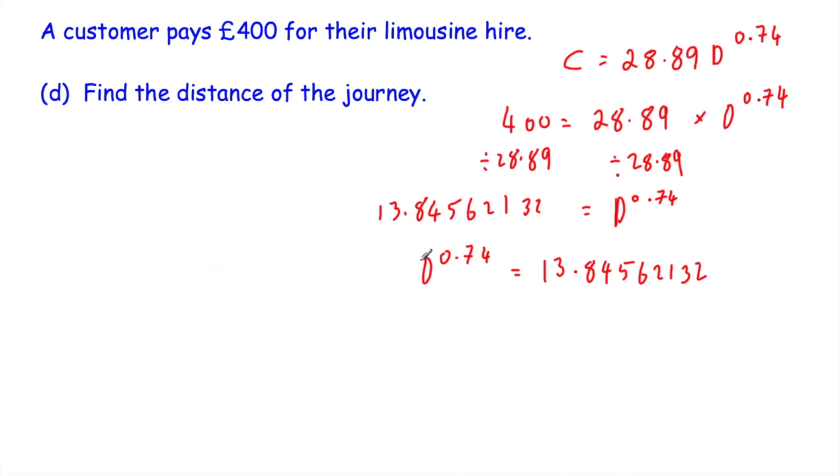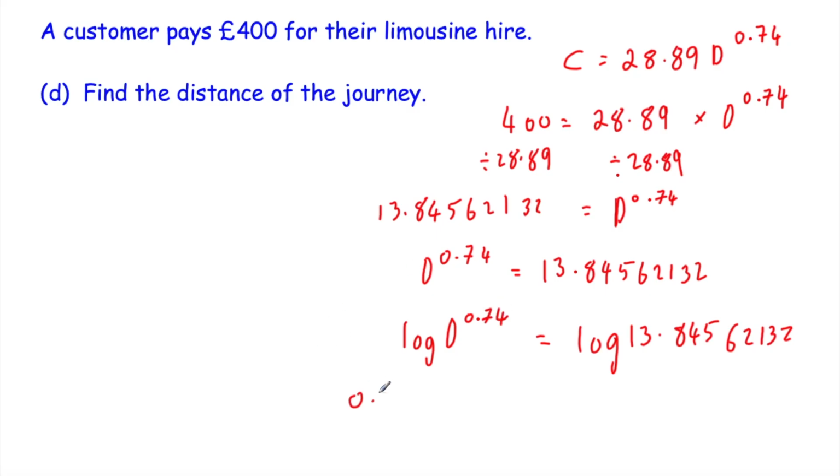Now, if I was actually solving this question, the approach that I would use would be, whenever I get to the point that d to the power of 0.74 equals 13.8456213 and so on, the approach that I would use is actually to take the logs of both sides of that equation. So I would write down that log d to the power of 0.74 is equal to log 13.8456213. Then what I would do is, using our laws of logarithms, I'd bring that power down to get the 0.74 log d is equal to log of